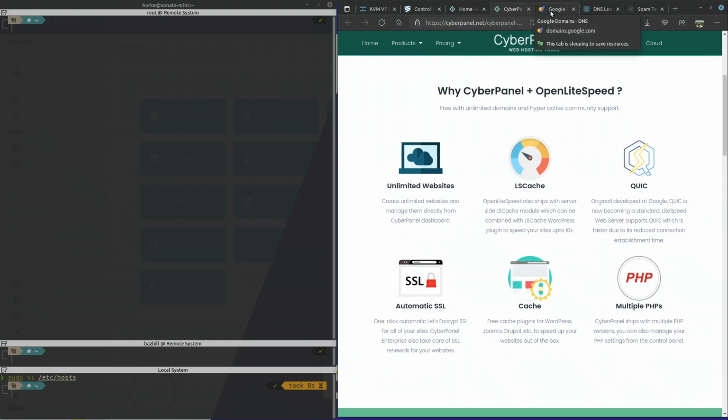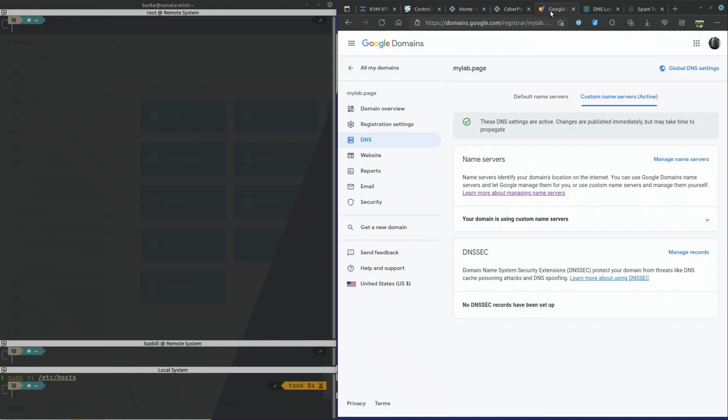Now, if you are setting up your own CyberPanel system for a domain that you're going to be managing and you want the DNS to be managed via CyberPanel, what you'll need to do is go to your domain registrar. In my case, I'm using Google, just standard domains.google.com. And I've got my test domain here, mylab.page.